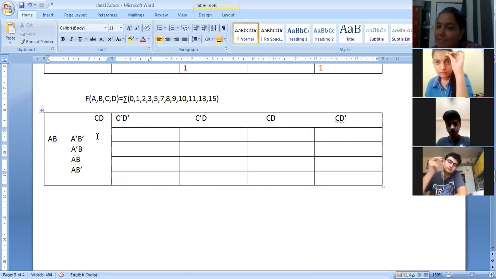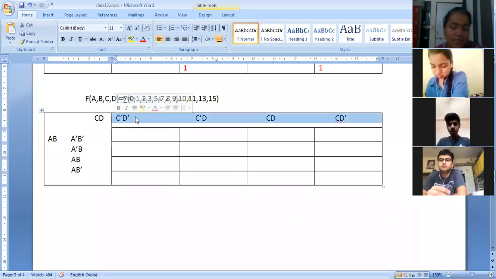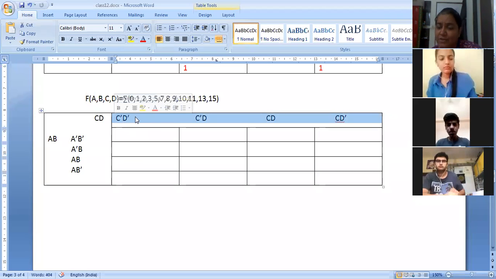You will make this K-map with a pencil. For the students who are not good at drawing, not my problem. Practice. The line should be straight. The boxes should be of equal size. And then you will write these things here on the top of the K-map. You can check your K-maps given in the book. The way they are writing, you will have to write like that.